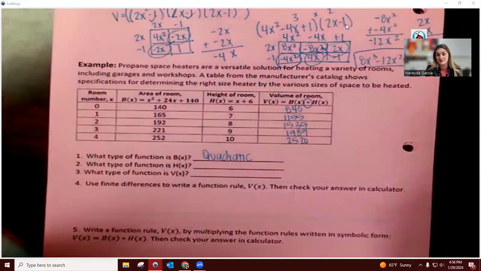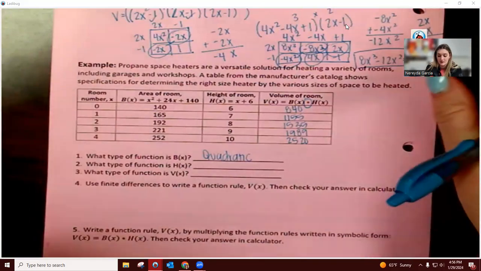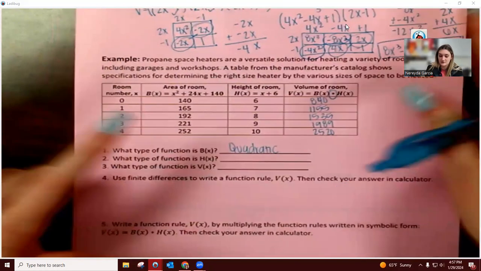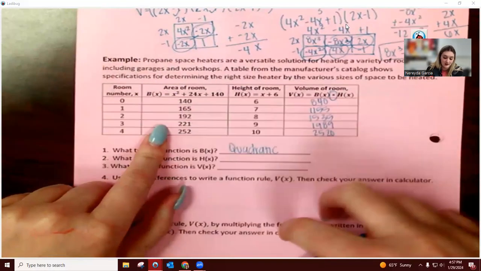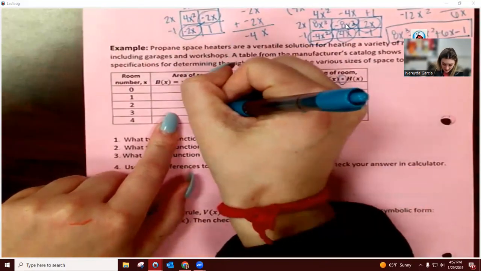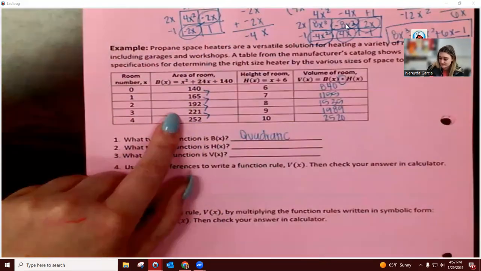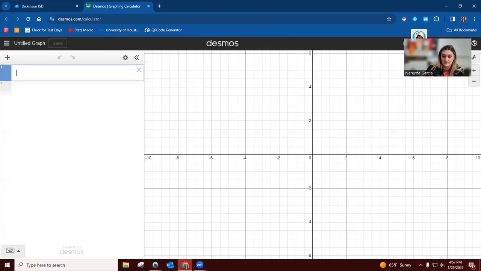Or if I'm not chill with that, that's cool. Because on your assignment today, you're also going to have to do differences because I don't give you an equation. So you have to determine it yourself. We can go and do differences with just that one b of x, right? So I would start from the bottom and subtract up. I could do 252 minus